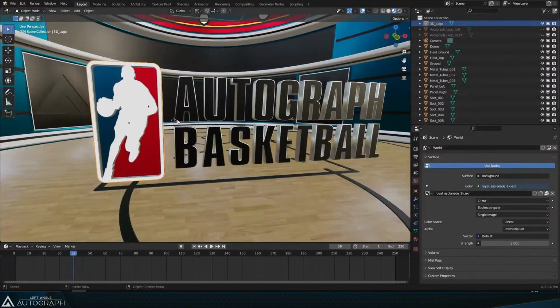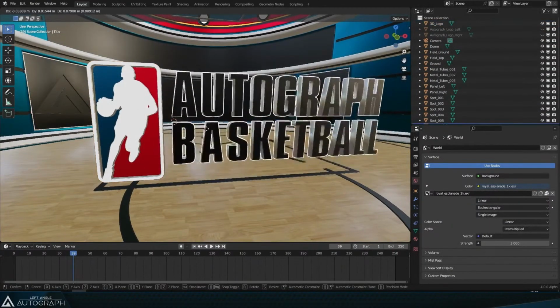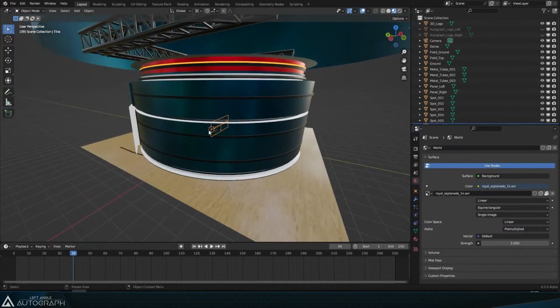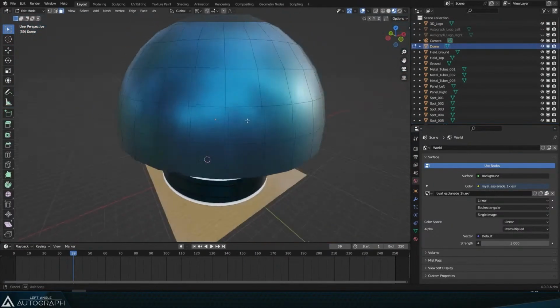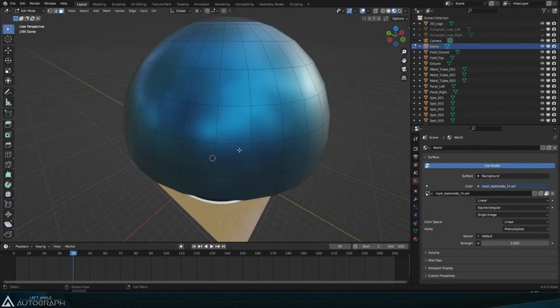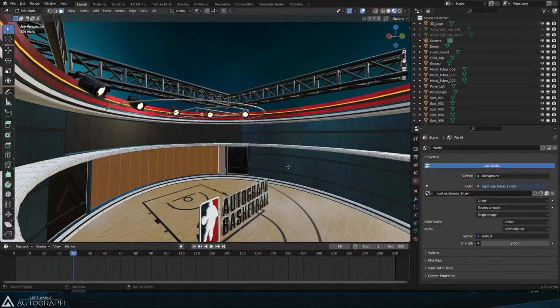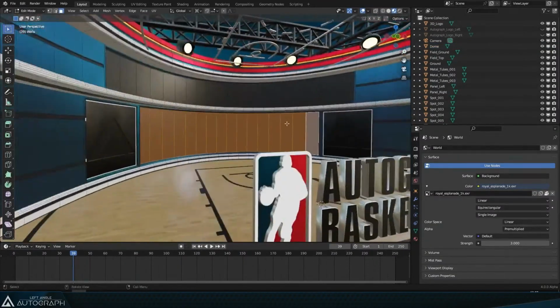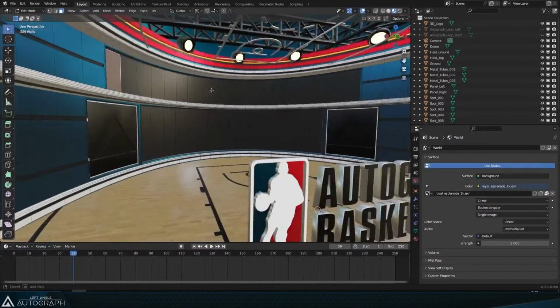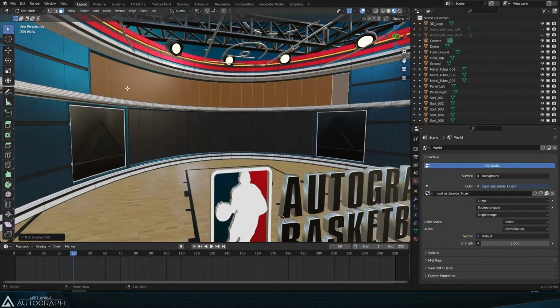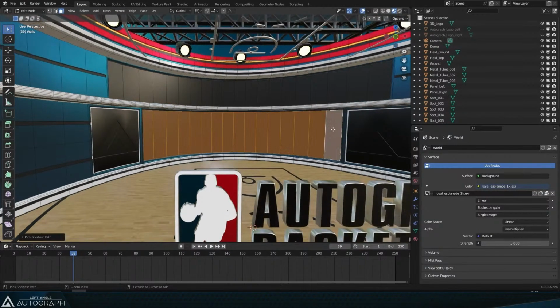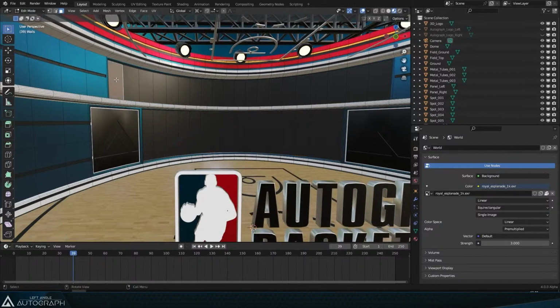Not so complicated, just a logo and some extruded 3D text, and a few really basic objects with just a few quads, just to have a room to play with in Autograph. And really important here, we have this material used by all this polygon here, which will be used